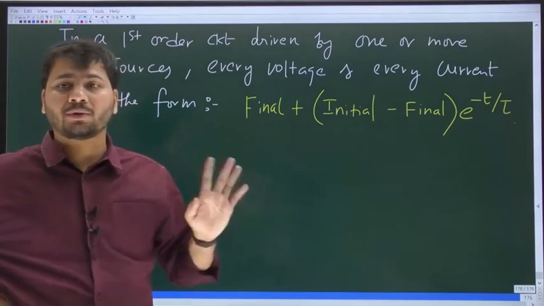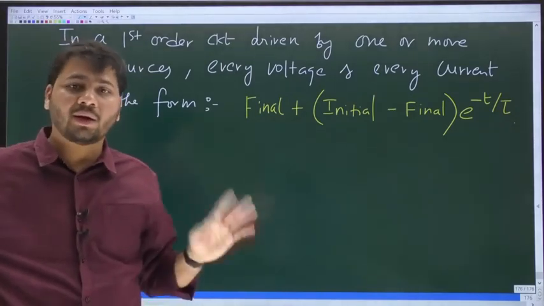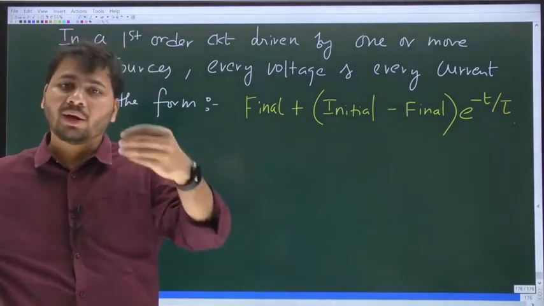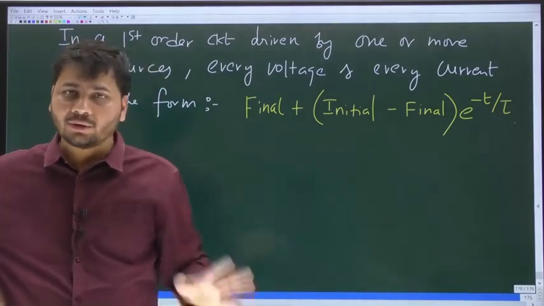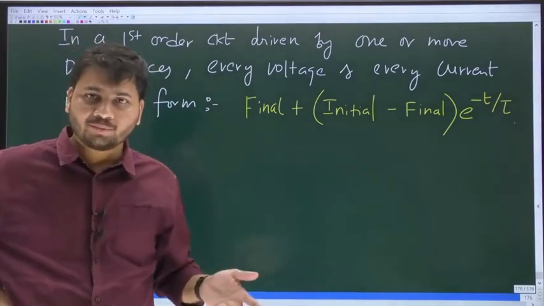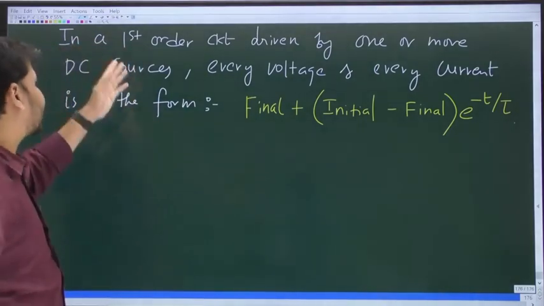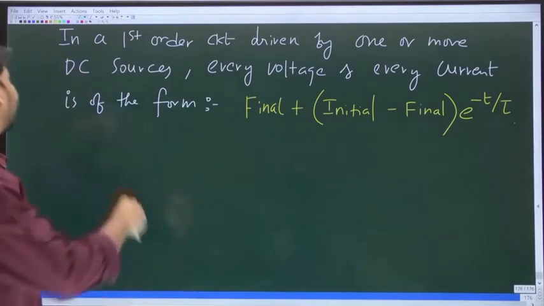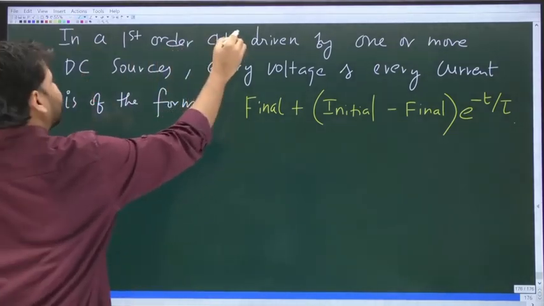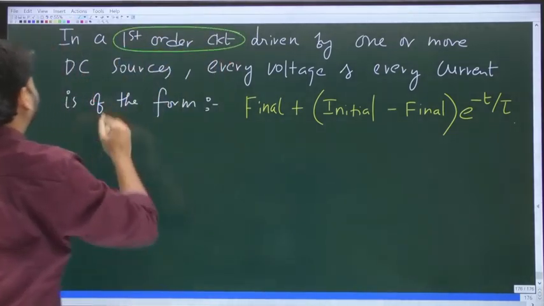This formula can be used to find any voltage or any current: through any resistor, voltage across any resistor, current through any capacitor, voltage across any inductor, for everything, as long as it is a first order circuit. And also